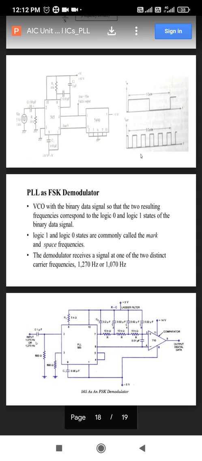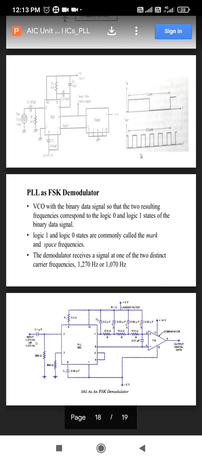The positive supply you can take between the range of 6 to 12 volts. For negative supply you can take the range of -6 to -12 volts. So negative supply is pin number 1. Next, pin number 4 and 5 are not used because we are not generating any frequency. The pin number 4 output you can connect to pin number 5.